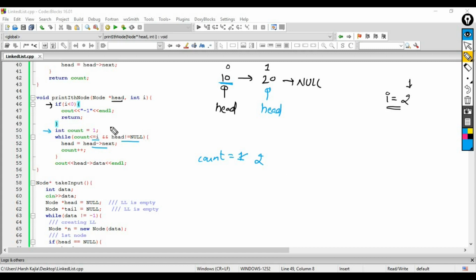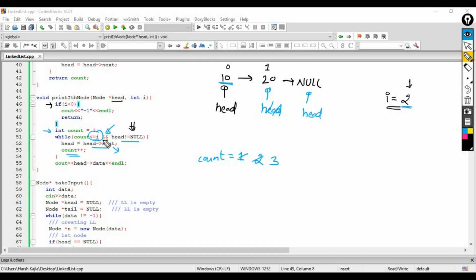Then check, 2 is less than or equal to 2. Yes, true, so move ahead. Head will come here, and count plus plus, so count will become 3. Then check, 3 less than or equal to 2, no. So this condition will not be checked.